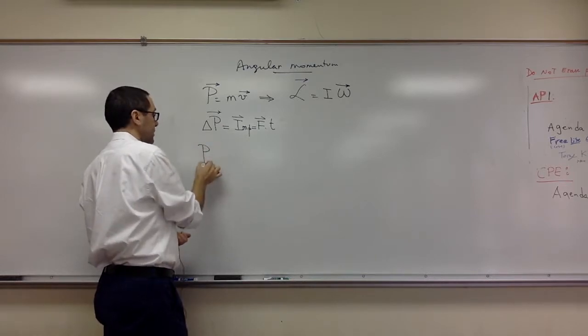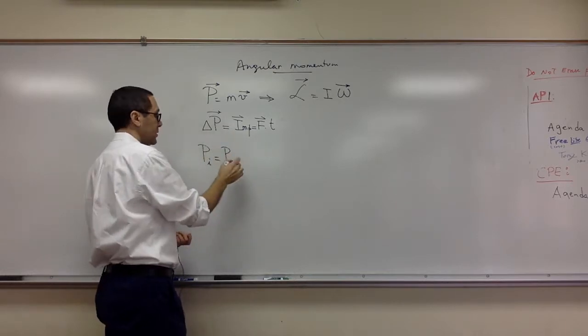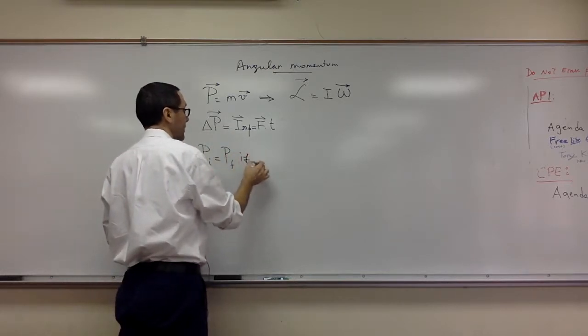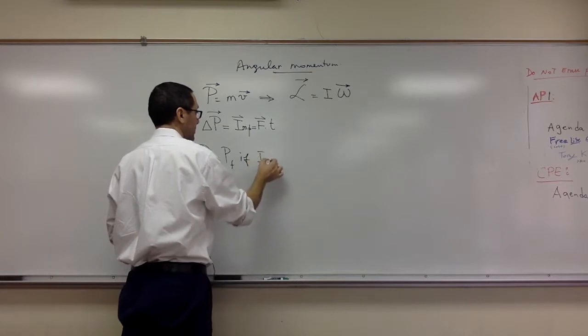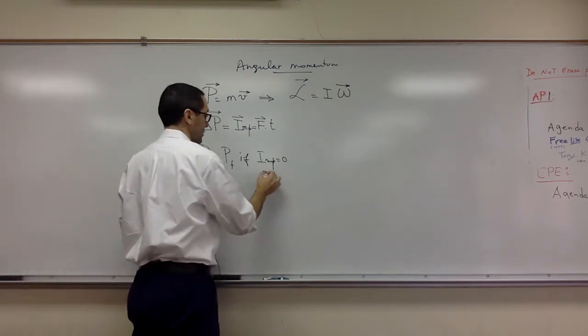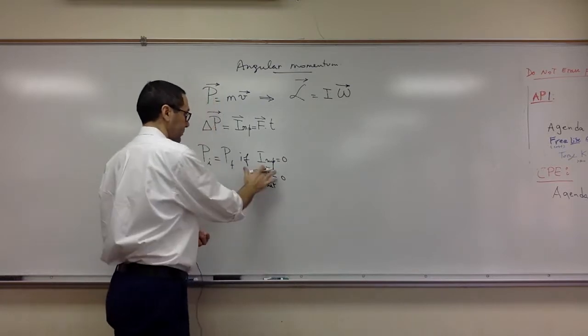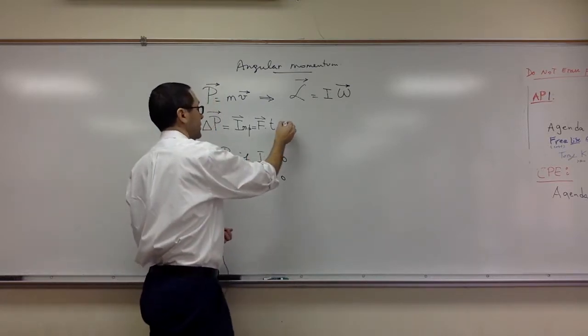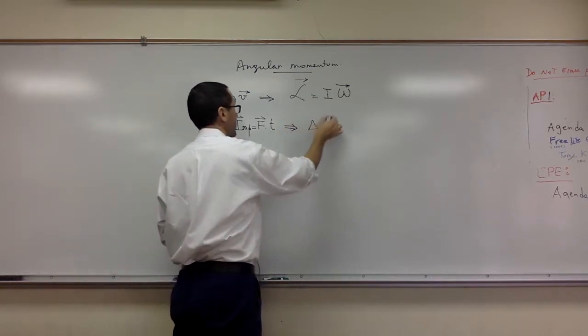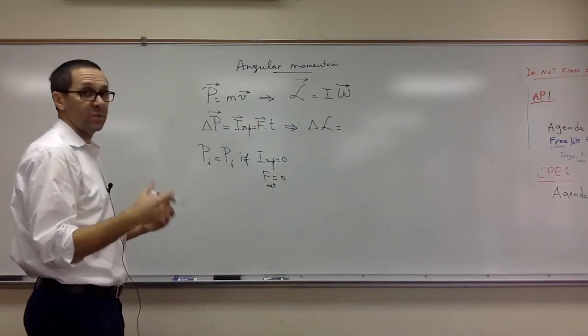So we're going to say that your initial momentum equals your final momentum as vectors if impulse equals 0. So basically, if there is no force, if there is no net force, if the net force is 0. Okay, well, same thing here. In order for your angular momentum to change, and I'll do this as scalar, you have to have some kind